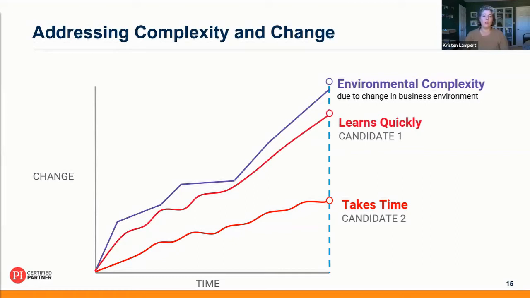So you can use cognitive assessments to understand, for example, in this case, where you have one candidate that is learning quickly and can trail alongside the environmental complexity of your environment versus somebody who takes time. And it doesn't mean that the person who takes time is necessarily a bad hire, but what you do want is to see somebody driving that curve. So if your environmental complexity trails here, you're going to see that this person might be the right fit. It's all about how you assess your overall complexity in an organization.